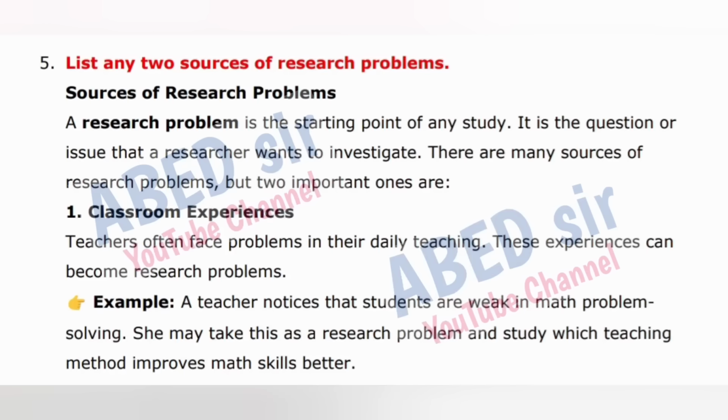Next important short question is 5. List any 2 sources of research problems. A research problem is the starting point of any study. It is the question or issue that a researcher wants to investigate. There are many sources of research problems, but 2 important ones are: